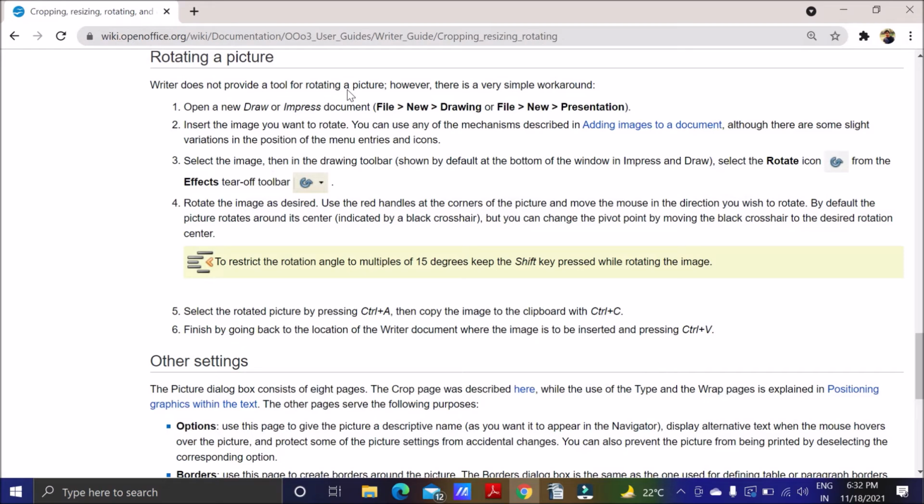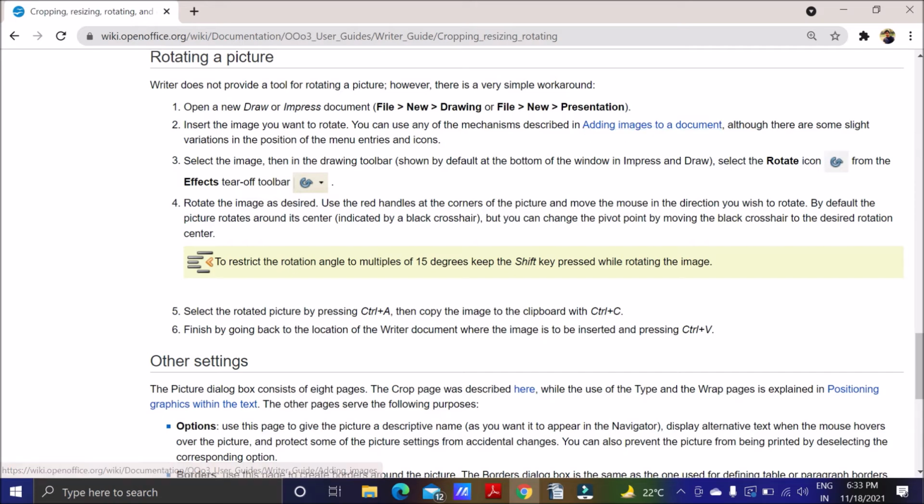You can see the official page of openoffice.org, and here you can see insert the image you want to rotate. You can use any of the mechanisms described in adding images to a document. How to add an image to a document, we know. There are three mechanisms. We can follow any one.